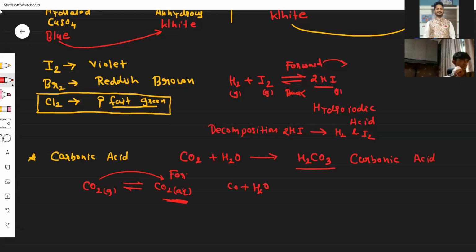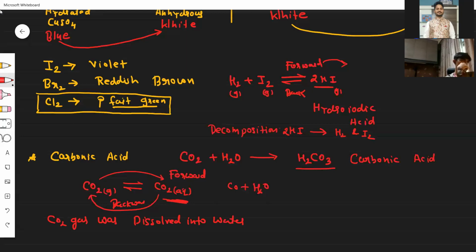Correct. Now, when you open the soft drink bottle, when you remove the cap, you get a brisk effervescence. Yes or no? So what happened is that when you remove the cap of the bottle, the release of gas is happening. Whatever CO2 gas was dissolved into water gets released or evaporated. I can say that release is the correct word. So that is a backward reaction here. Yes or no?